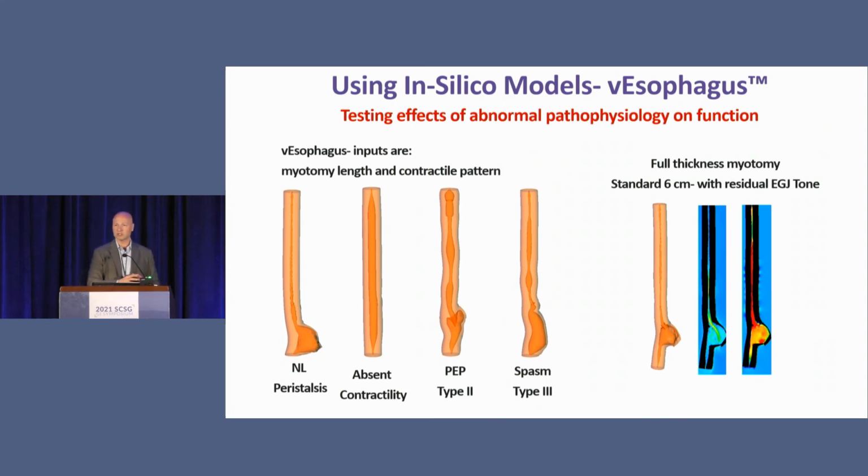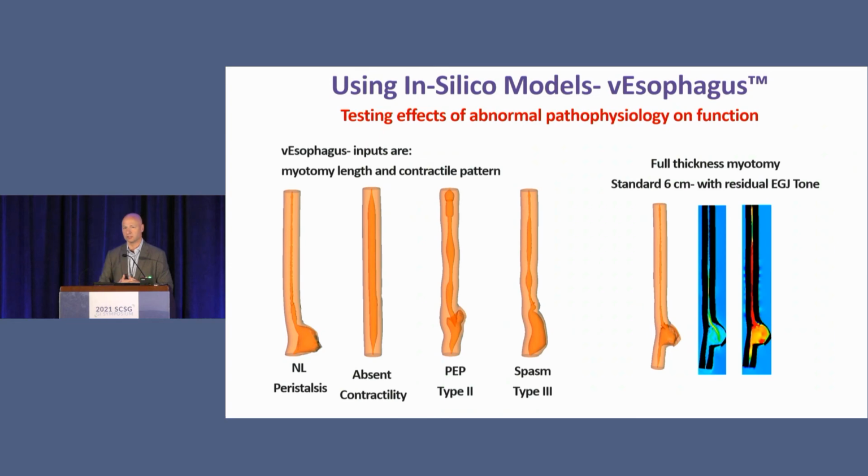You cause a little bit of restriction, or no door. What if it's a partial myotomy, going through the circular muscle only, or all the way through the circular and longitudinal muscle? We had it run all these simulations, and then we did it based on the specific subtype of achalasia and the pattern of obstruction that you would see. And it literally spit out that the best operation for achalasia is a short myotomy that is 3 centimeters in length, that is not associated with any restriction from a door fundoplasty,